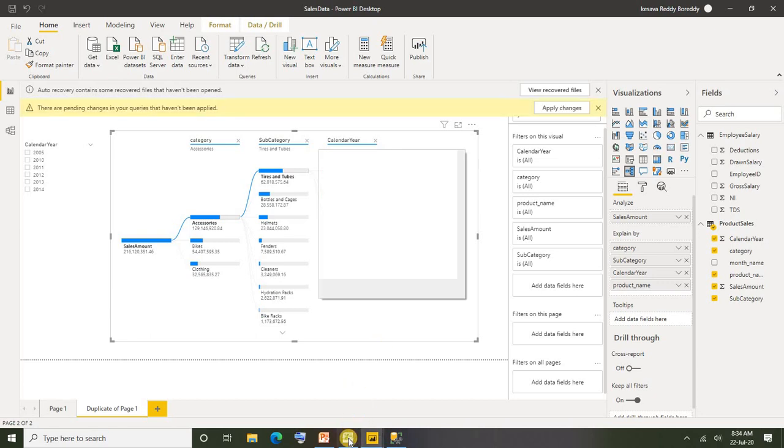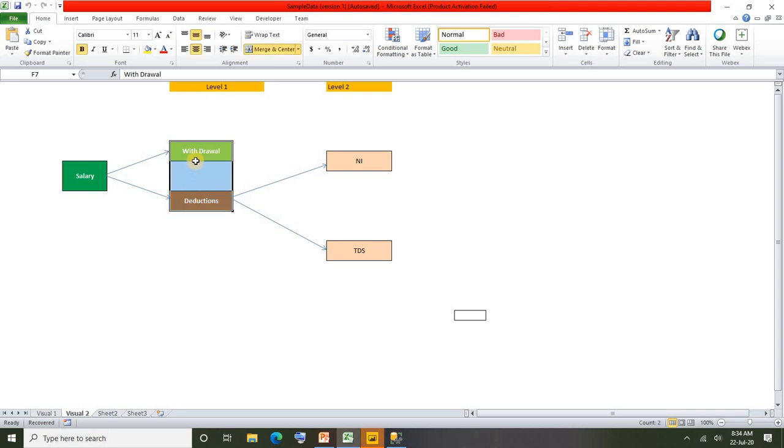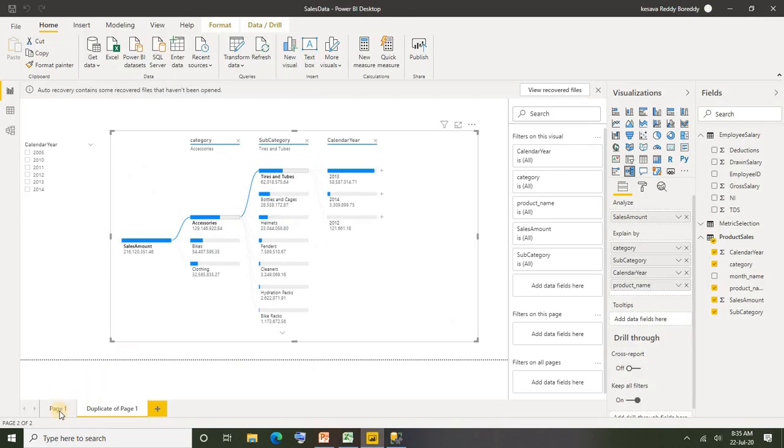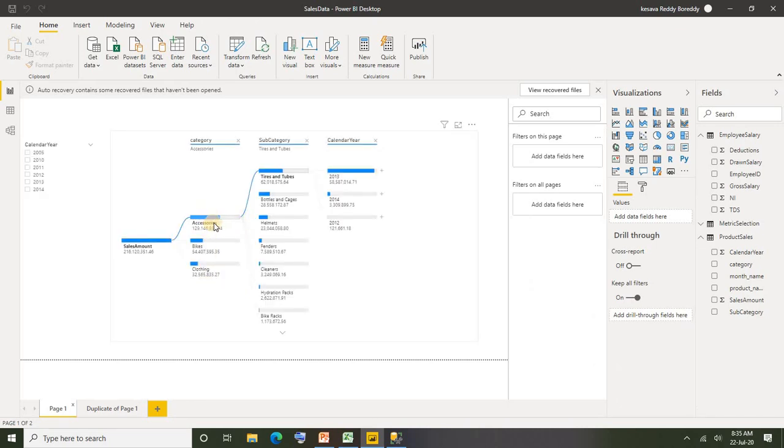Okay, so let me take you guys back into Excel here. So if you sum up these two metrics, right, withdrawal as well as deductions, the total should be reconciled towards this metric, that is total salary. And if you sum up these two, should reconcile, I mean total deductions, right? That's how it should be, right? Of course, in previous requirement also, if you sum up total sales from this category, that should be reconciled to this value. All right, it should happen, it will happen as well. So of course we no need to test it here.